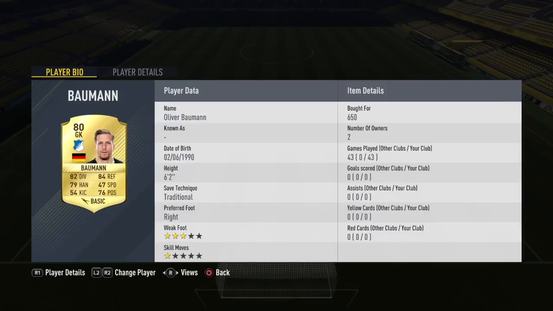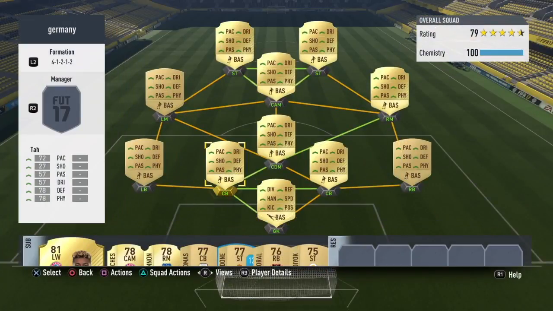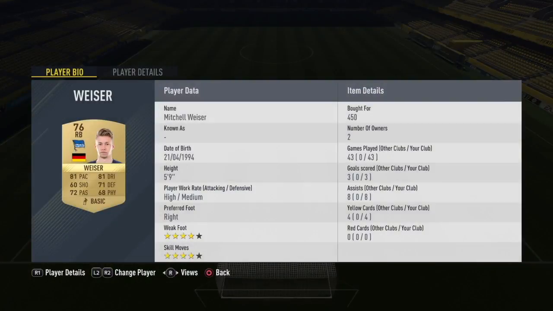And at right back, I have Mitchell Weiser from Hertha Berlin, 76 rated. Not to forget that Mitchell Weiser has 4-star skill moves and 4-star weak foot. With this 81 pace plus dribbling, he's gonna be a beast for starting squads now. He's a pretty good defender. He can get up to the wings, and